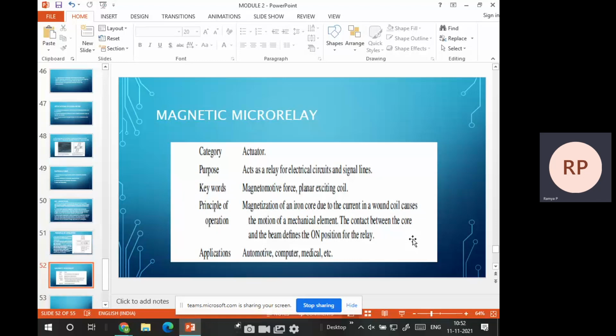When we go with lead, you can observe and analyze it yourself. Take one lead element and keep it near a candle. Within a fraction of a second, you can see the other end heated up. It is again a good conductor that can transfer energy from one place to another. But why are we using lead, a mixture of alloy with lead? As soon as energy is transferred to the lead material, it will melt faster compared to the copper element.